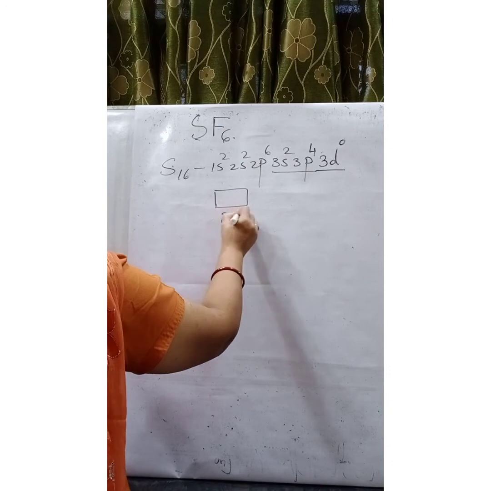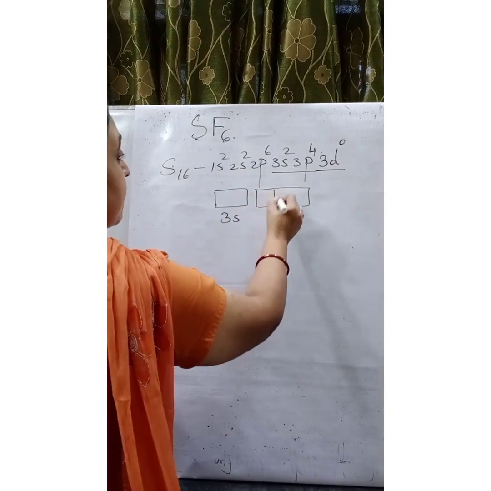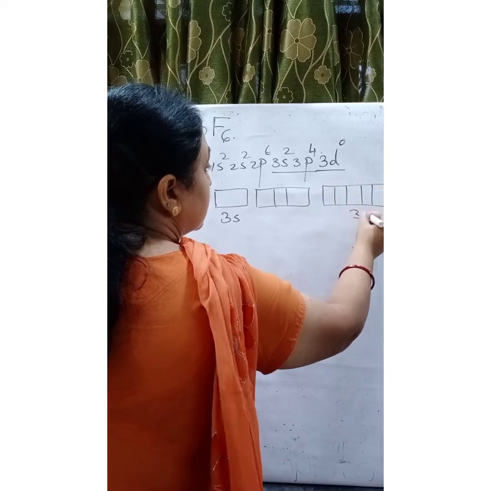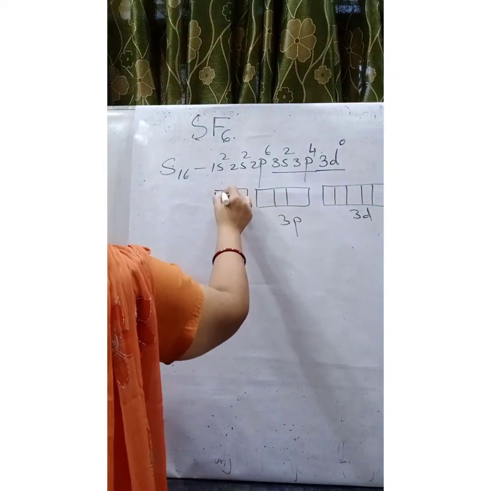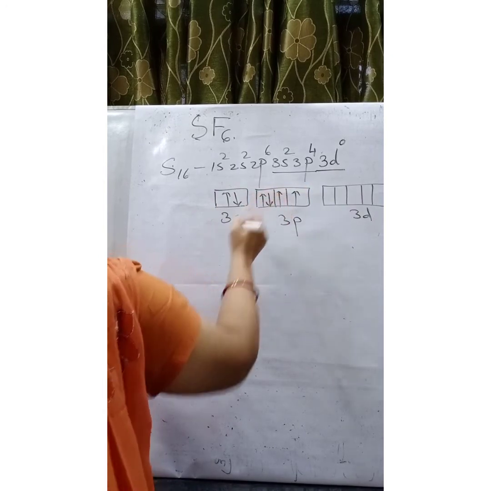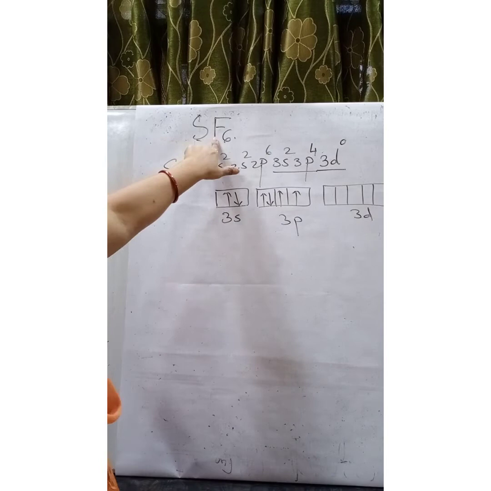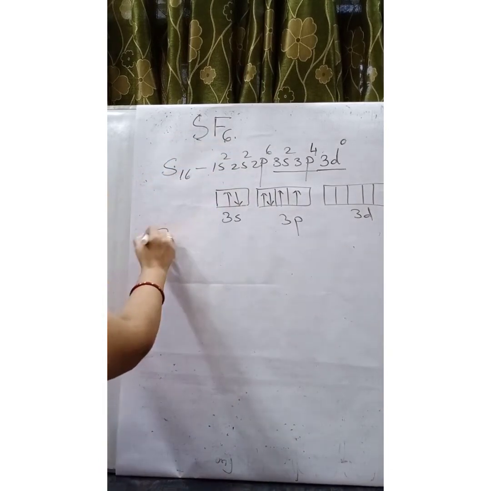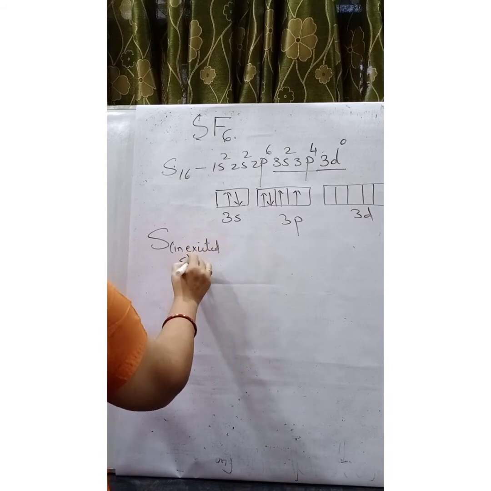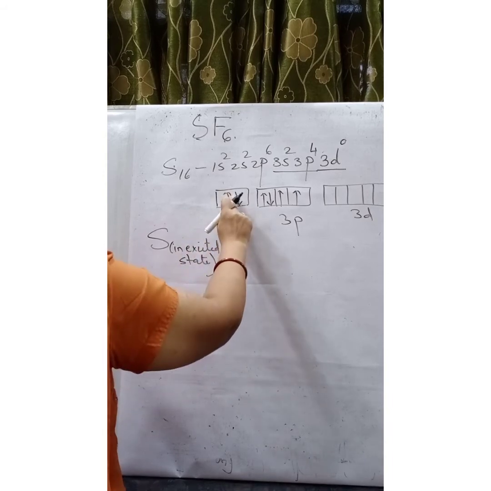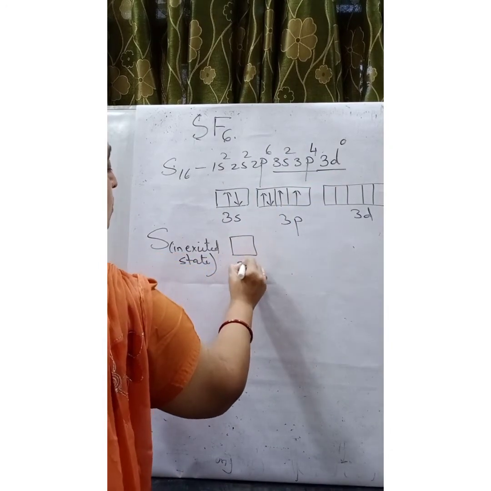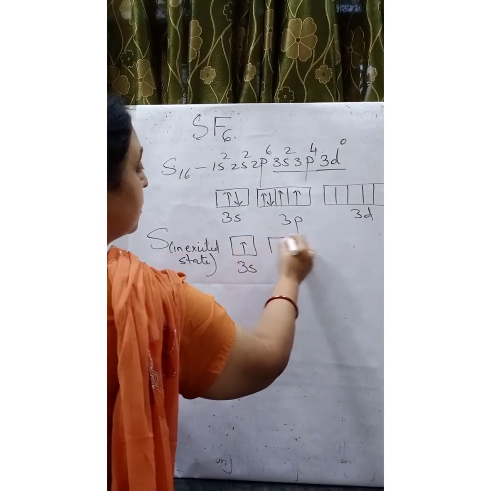So we can put the orbital diagram of the valence orbitals. 2 electrons in 3s and 4 in 3p. Sulfur combines with 6 fluorine. So sulfur moves into the excited state. One of the s electrons jumps to the vacant 3d orbital. So we are having 1 electron here in 3s.